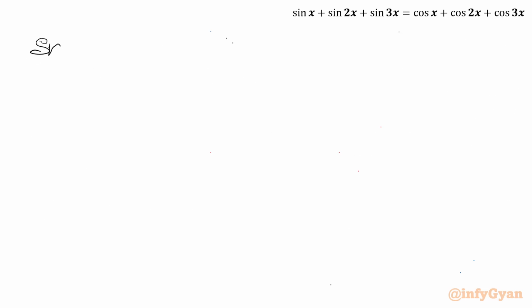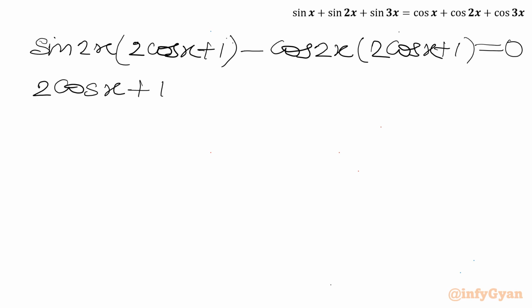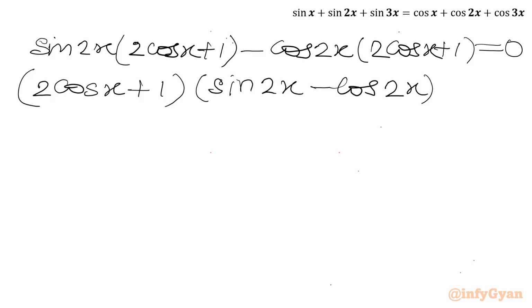So I can write sin 2x in bracket 2 cos x plus 1 minus cos 2x in bracket 2 cos x plus 1 equal to 0. Now I can take 2 cos x plus 1 common. So in the bracket it will be sin 2x minus cos 2x equal to 0. From this equation we can conclude either 2 cos x plus 1 will be 0 or